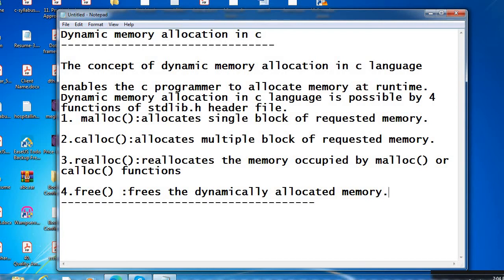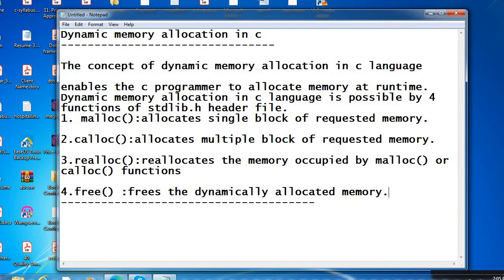And free means it will free the dynamically allocated memory. So these are all functions used for dynamic memory allocation in C language, which enables the C programmer to allocate memory at runtime.